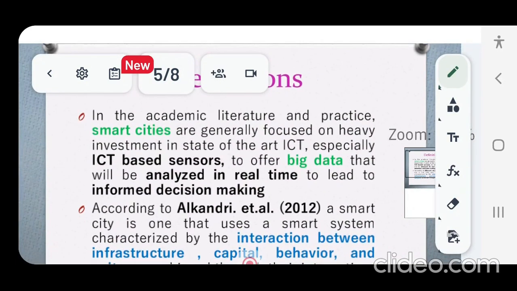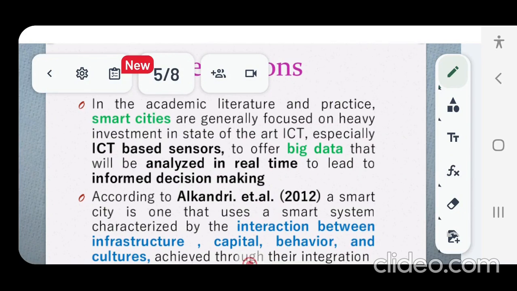As I already told you, in the academic literature and practice, several authors have given definitions of smart cities in different ways, but as an overall view, the common element that connects all these authors is the usage of ICT.